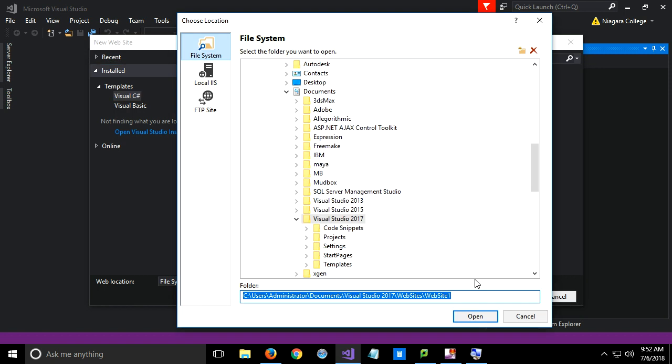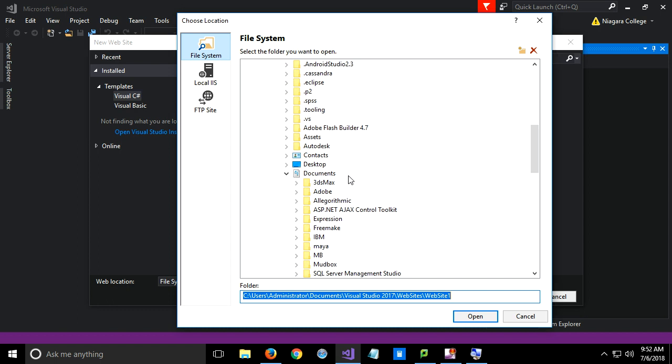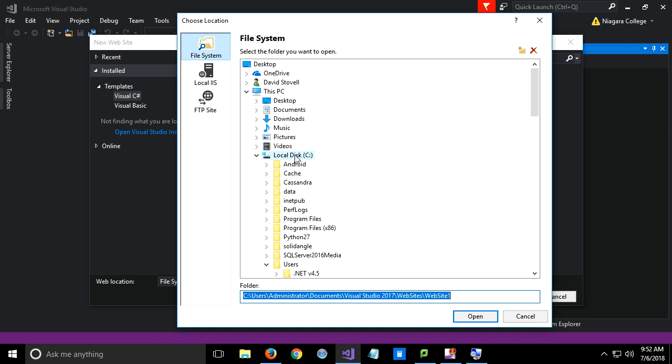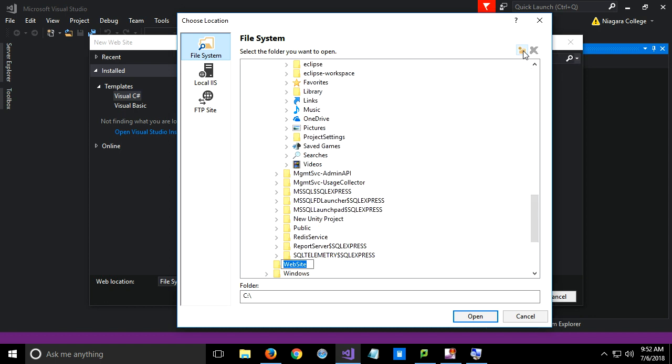Make a directory in the root of the C drive, right? So if I come up here to my C drive, I can click this little button up here in this dialog box. You'll find it in different places, different dialog boxes, but create a new folder. And I'll just put my work here, whatever, right? And then inside that,